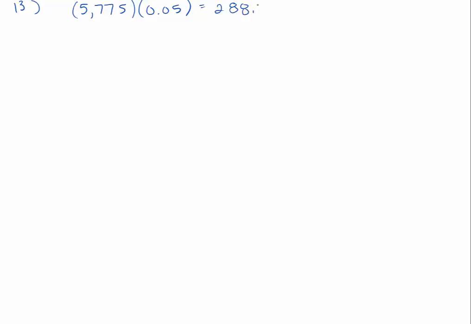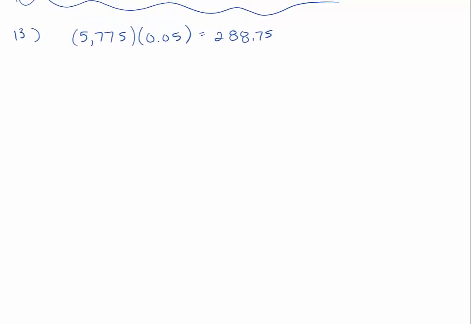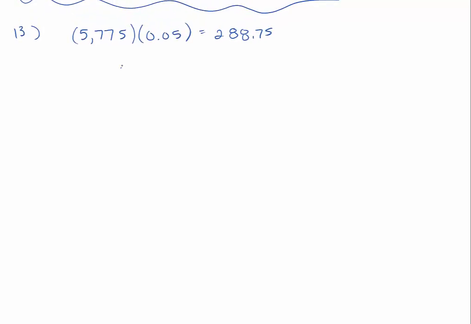And so that's how much the taxes and fees would be, right? And if I'm paying that on top of what I paid, then I would say my final answer would be the 5,775 that I'm paying plus the taxes and fees, so plus 288.75. And if we add that together, and again, you have your calculator there,